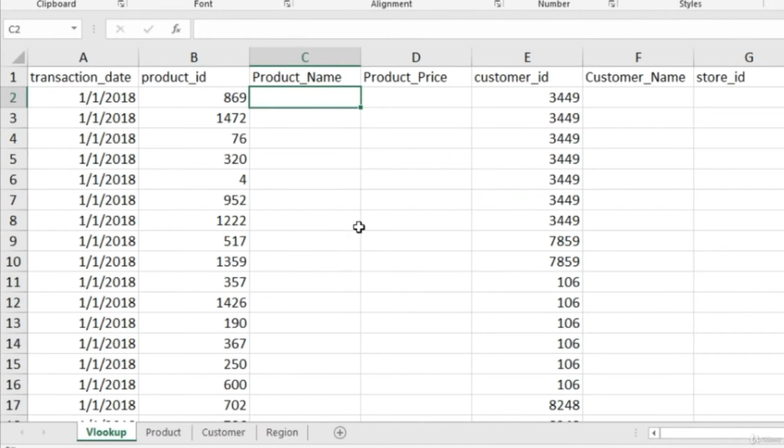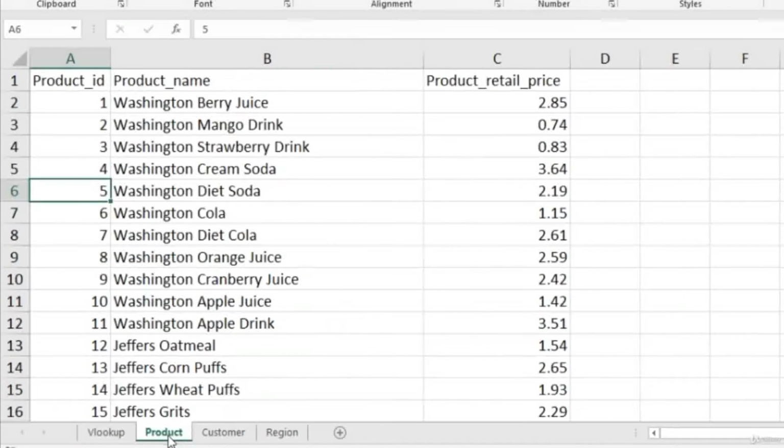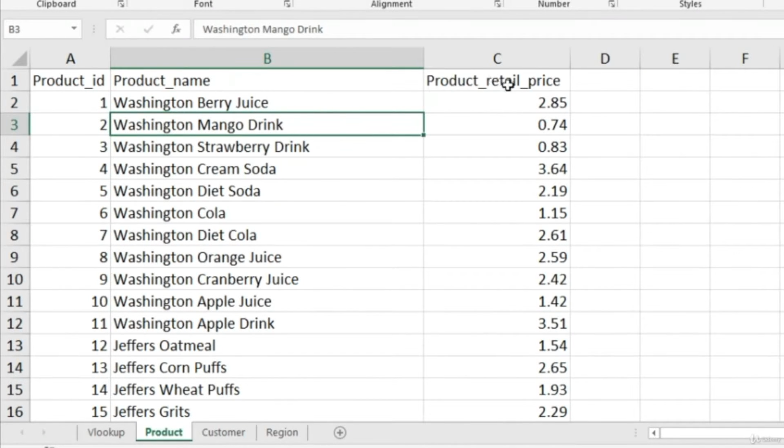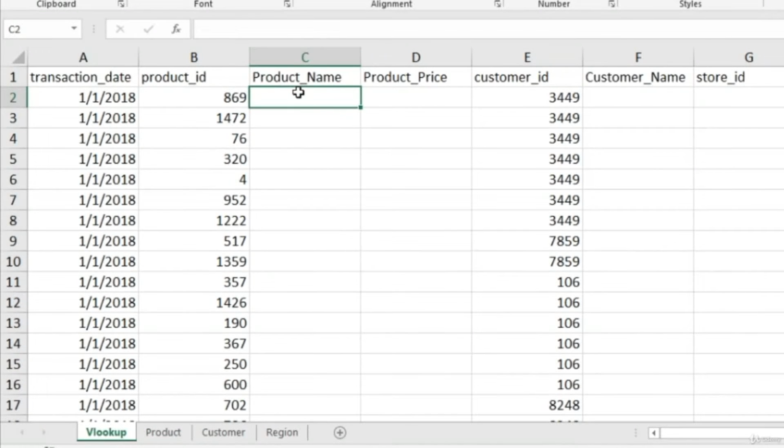Now these two pieces of information are available in this second sheet here. For each product ID, I have the product name and product retail price. What I have to do is go to sheet 2, the product sheet, and find the product name and product price for each product ID from sheet 2, and bring that here. But the problem is, if I go down, you will see that there